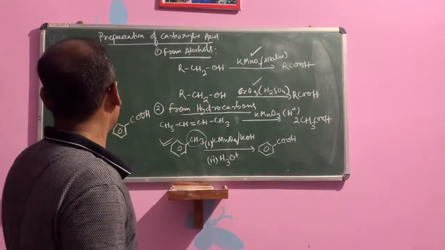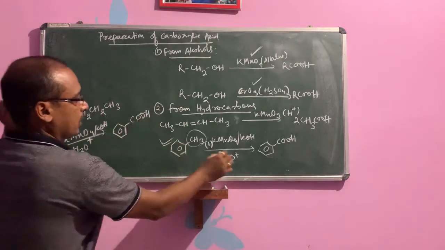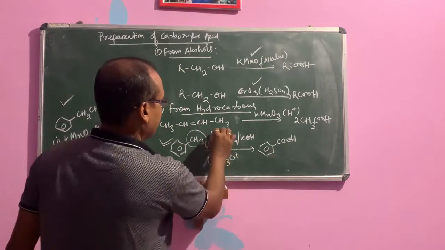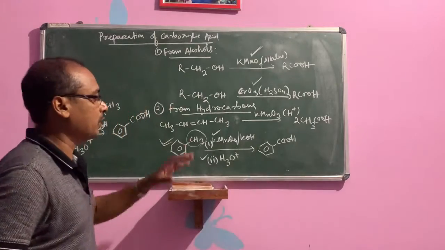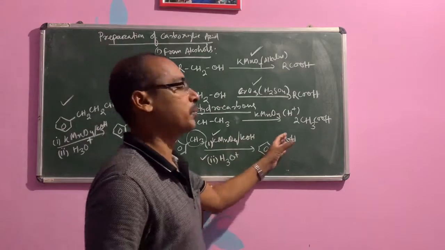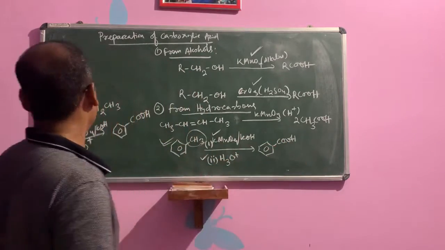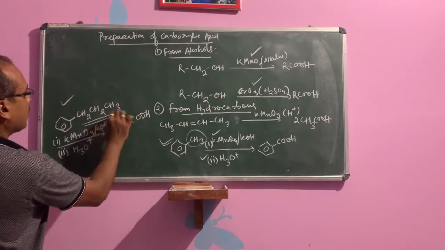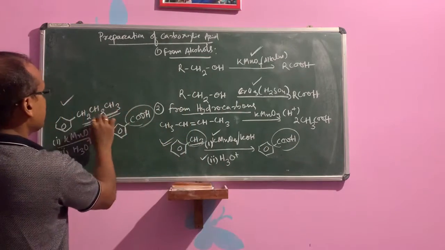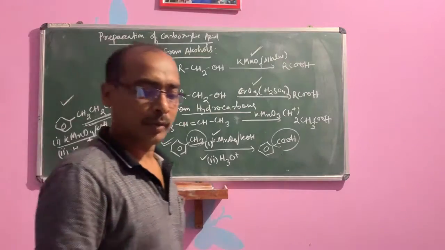Similarly here also, first that is your COOK, then by hydrolysis to form benzoic acid. Both reactions are in a single reaction. I have written both the reactions. First KMnO4, KOH to form potassium benzoate, then by hydrolysis to form benzoic acid. Similarly here also, it does not depend on the length of the side chain. You see here CH3 forms COOH, here CH2CH2CH3 forms COOH. This is the preparation.